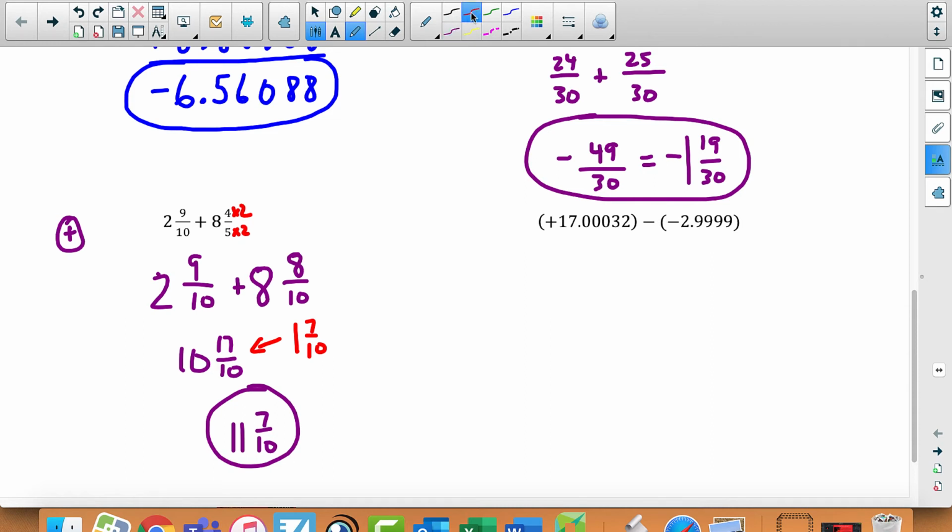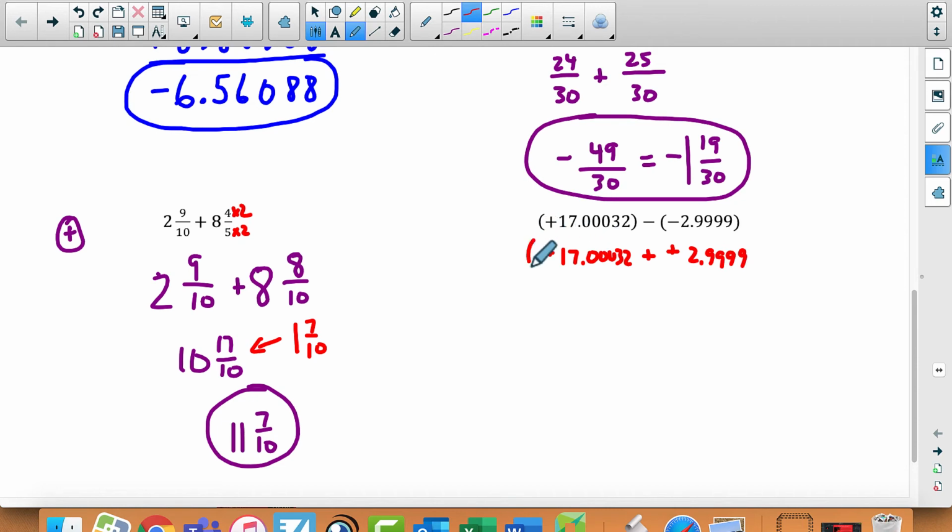Okay, this one is a subtraction question. We do not want to subtract, we want to add the opposite. So don't make any decisions until you change it into an adding question. So I'm going to keep the plus, or positive, 0.00032. I'm going to change this to an addition question, and I'm going to do the opposite of negative 2.9999, which is positive